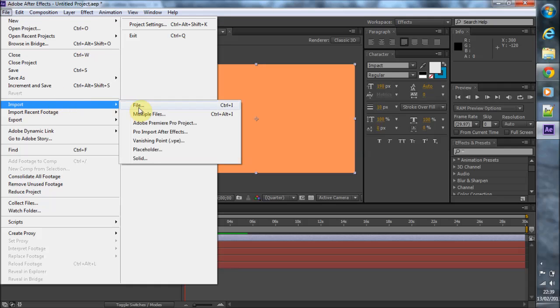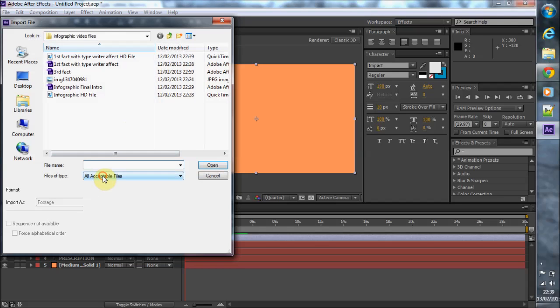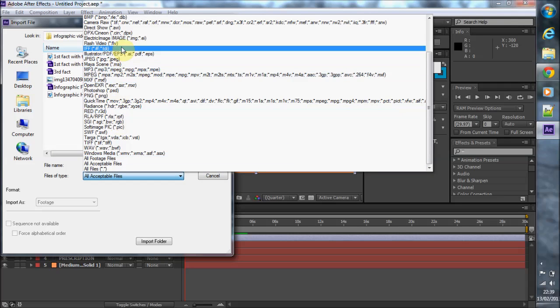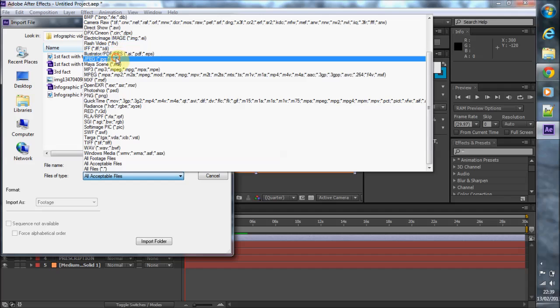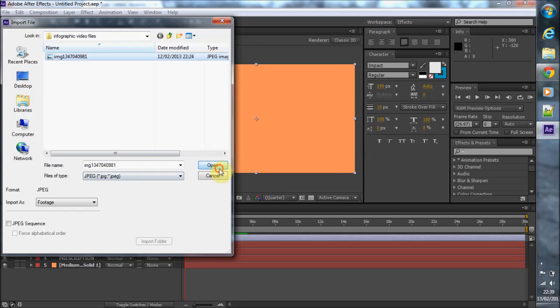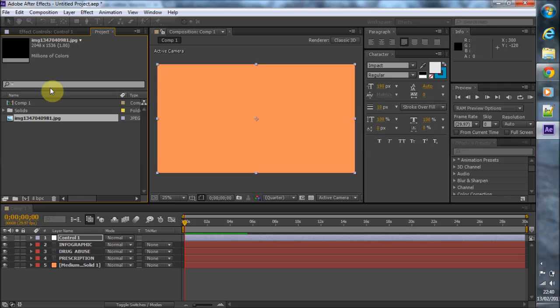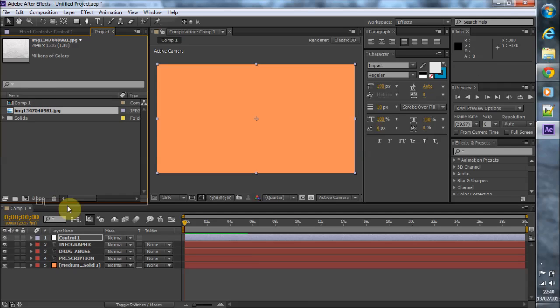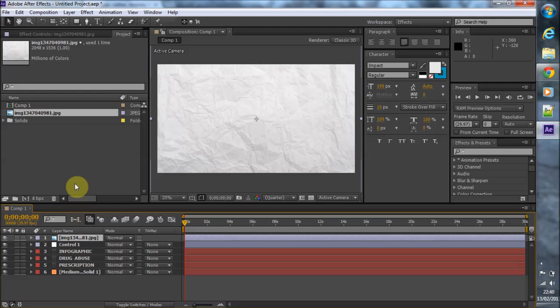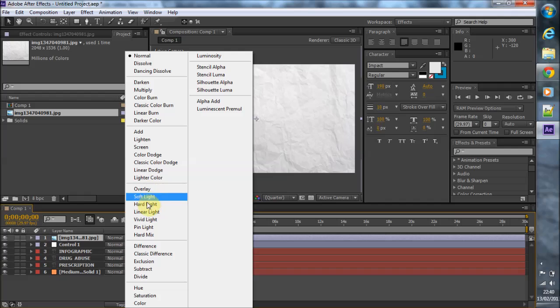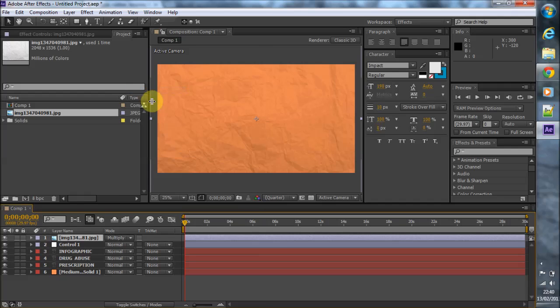So if we go import file and we go JPEG, I've already got my paper image here, and now what we need to do is we need to drag this image onto the composition and make sure it's above everything, and go to your layer blends and make that multiply. So now you've got this kind of effect. So if I do a RAM preview,